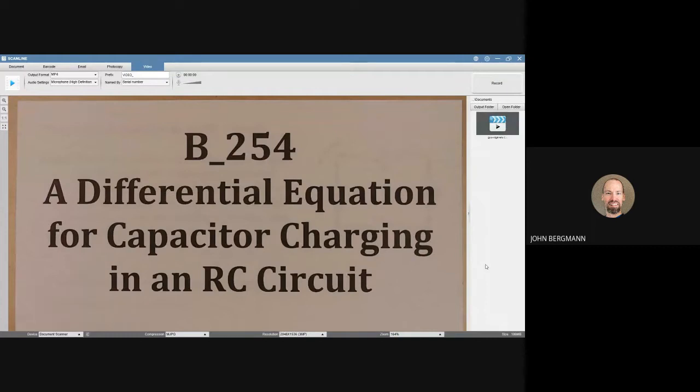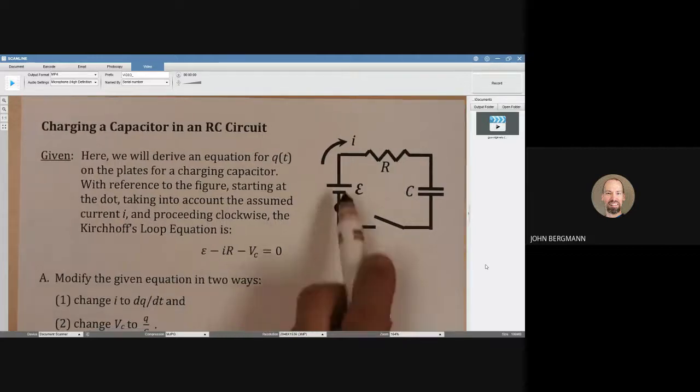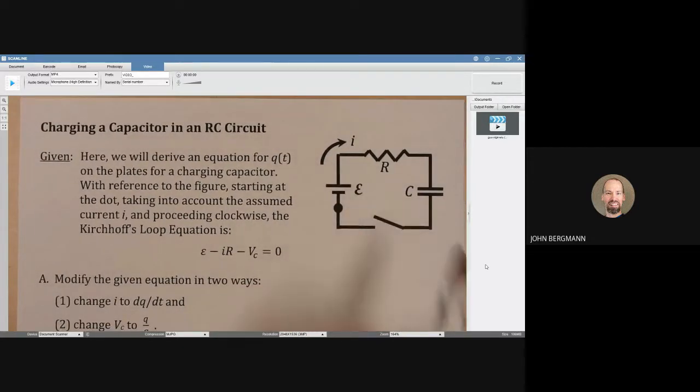A differential equation for capacitor charging in an RC circuit. Here we will derive an equation for Q of t on the plates for a charging capacitor. With reference to the figure, starting at the dot, taking into account the assumed current I and proceeding clockwise, the